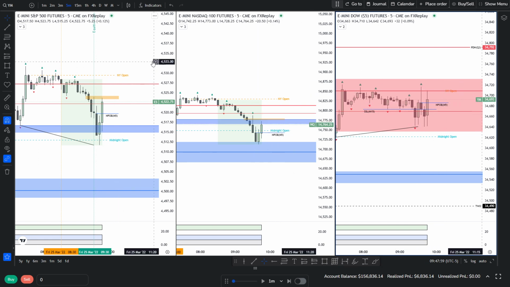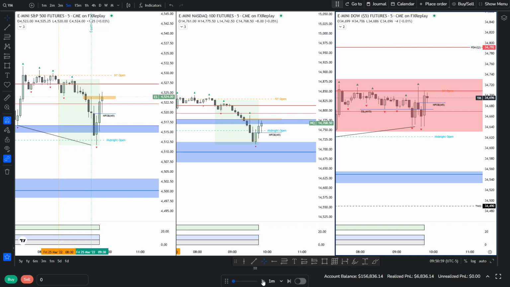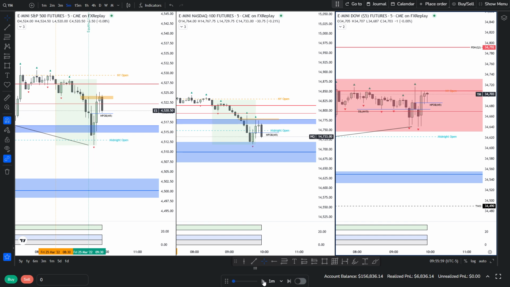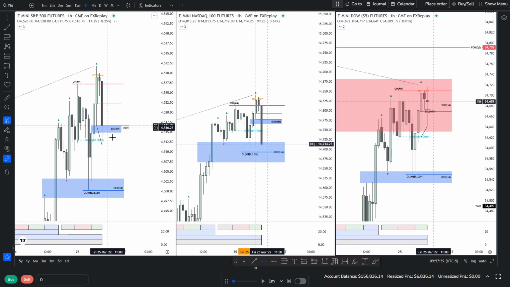Okay. So let's continue. We want to get to the hourly without a purge of the low. Alright, so we haven't got the displacement yet. We need to just let this candle. Okay, so NQ is clearly indicated. It's going for this low. Now we're almost at that 5 minute. Let's see. I think it's going to purge that low prior to, which is fine if we just go to